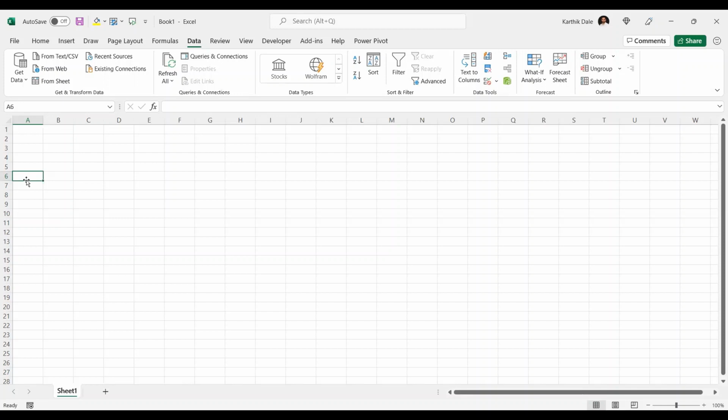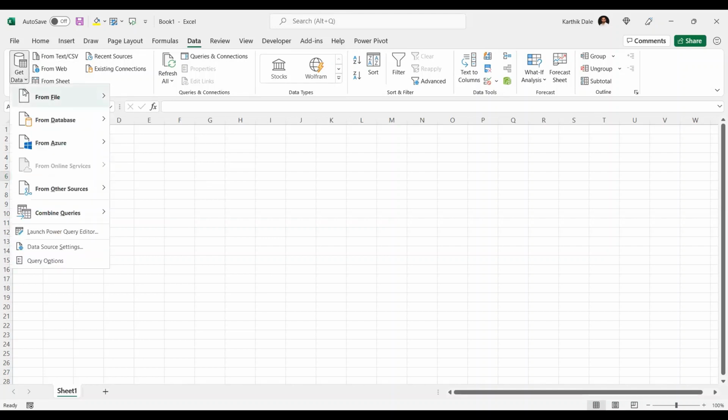In such a case, Power Query is going to help you in Book1. This is the place where we need to consolidate. Go to the Data ribbon. In the Data ribbon there is something called Get and Transform Data. You can get data from the website, from text files, from a sheet, and also you can get data from a folder. This time we have the data in a folder.